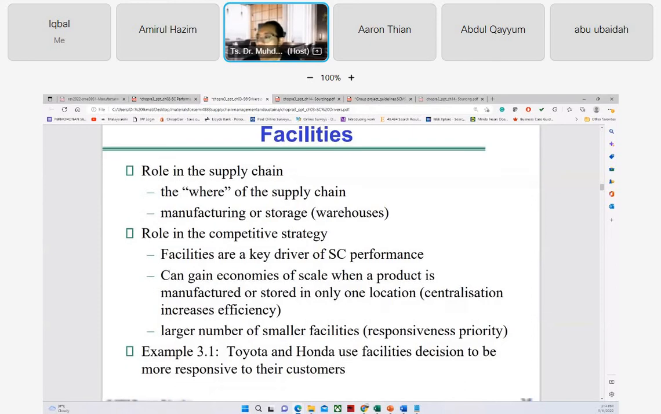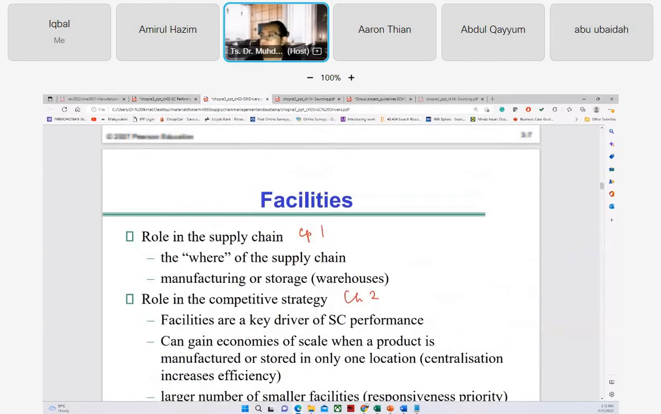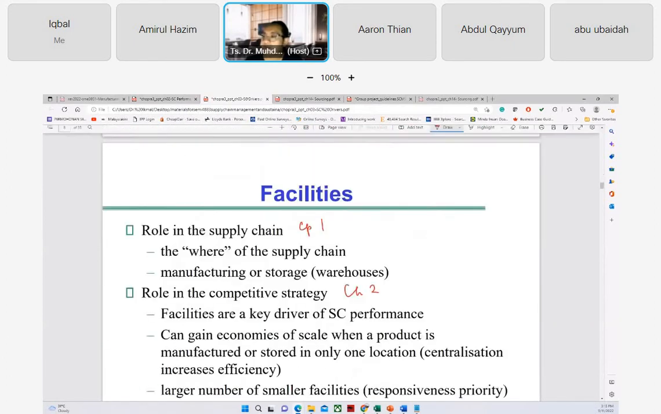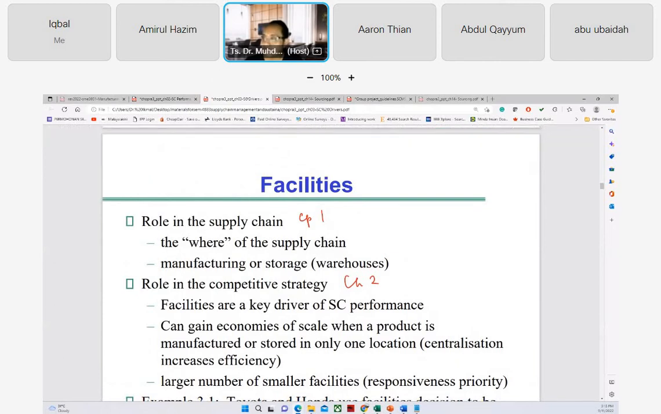So role in competitive strategy. Facilities are the key drivers, you can gain economies of scale. So you can refer to the subject that we learned before, chapter 1 and also chapter 2, and relates to the facilities, in a way that helps the supply chain performance. When we talk about chapter 1, to relate to this topic is more to the